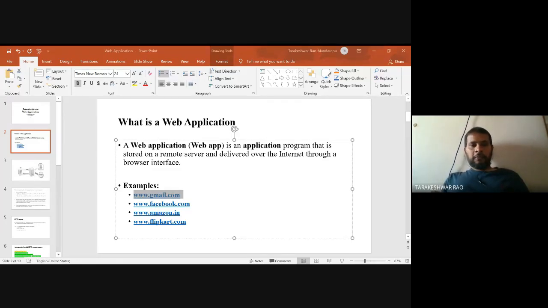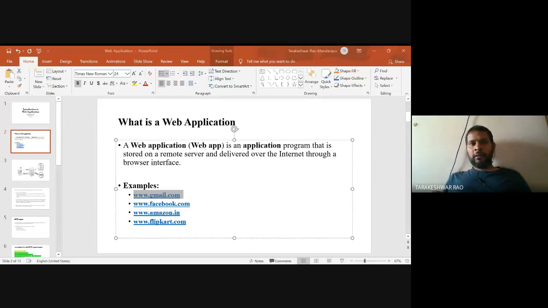So we can classify all the application softwares that we use in our daily life into two categories. The first one is standalone application. What are examples for these application softwares? The MS Office that we use on our computer systems, Acrobat Reader, another familiar one, and then antivirus. Any antivirus software that you install on your computer is also a standalone application, and any other softwares that you install on your computer also come under standalone applications.